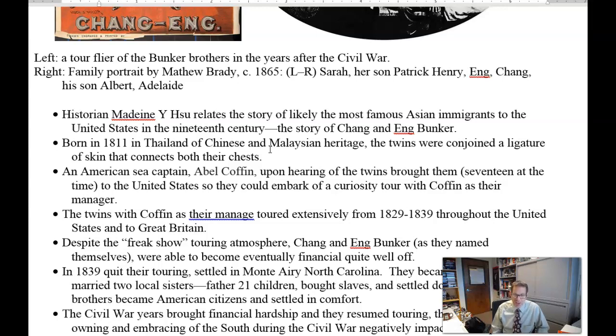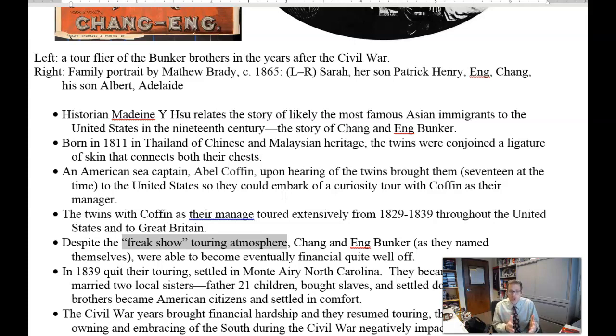Not just in the United States, but internationally, going over to Europe, in this case Great Britain. They made quite a bit of money in the process because obviously there's a certain level of fascination with this. Additionally, as you can probably imagine, there's also a bit of a freak show atmosphere to this touring. The fact that they're Asian and the fact that they're conjoined twins generated tremendous interest in them. And over time, they allowed both brothers to become quite wealthy. But they're also being used, clearly, right? So again, there's a bit of a circus atmosphere to this, even though they're not technically in a circus. But there's that atmosphere of being exotic, being other, being Asian, and then also having an additional factor,